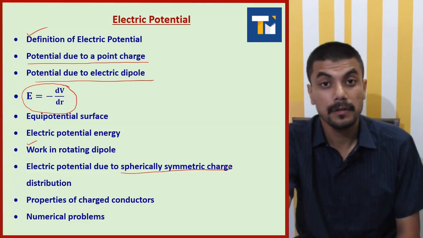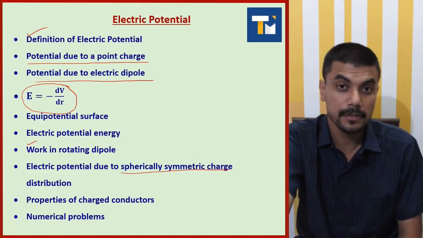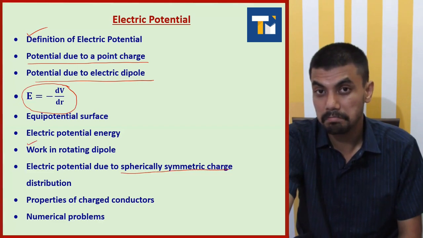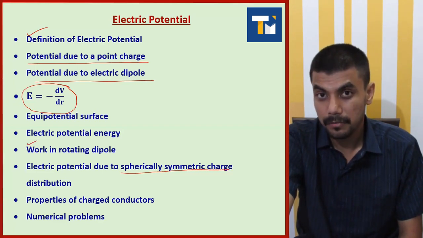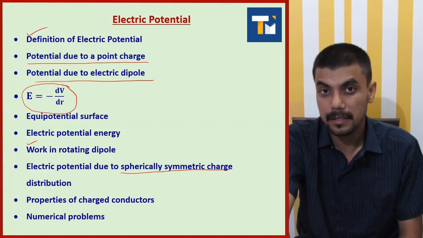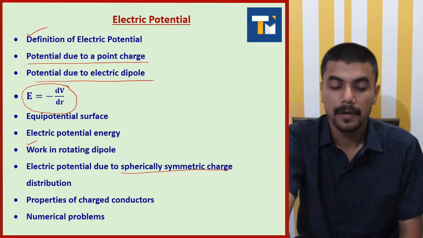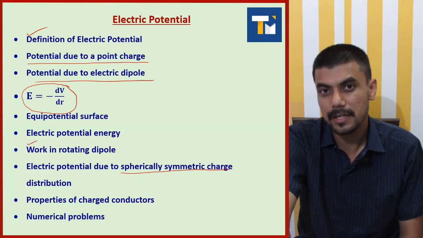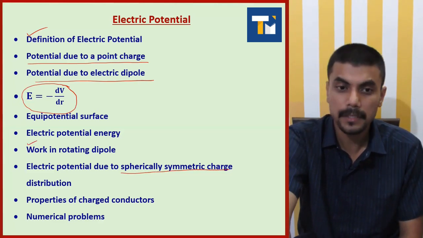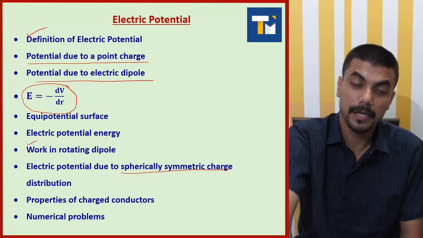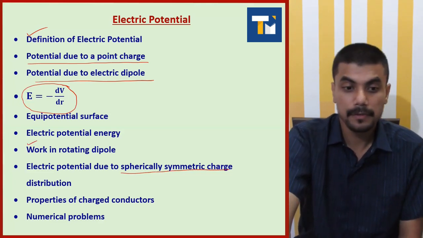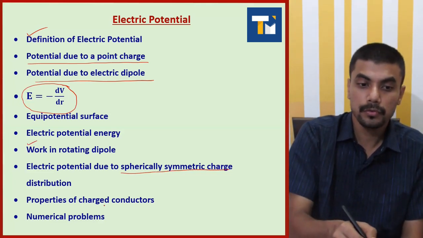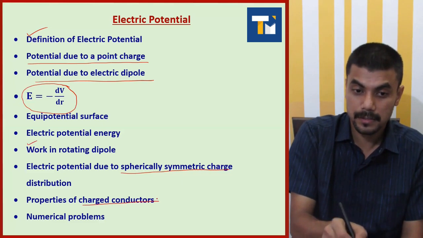Now, we had already found the electric field due to a spherically symmetric charge distribution in part A, in Gauss's law and its applications. You can think of this as an extension of that, but from the standpoint of electric potential. So that is what we will do, and then we will go through the properties of charged conductors,